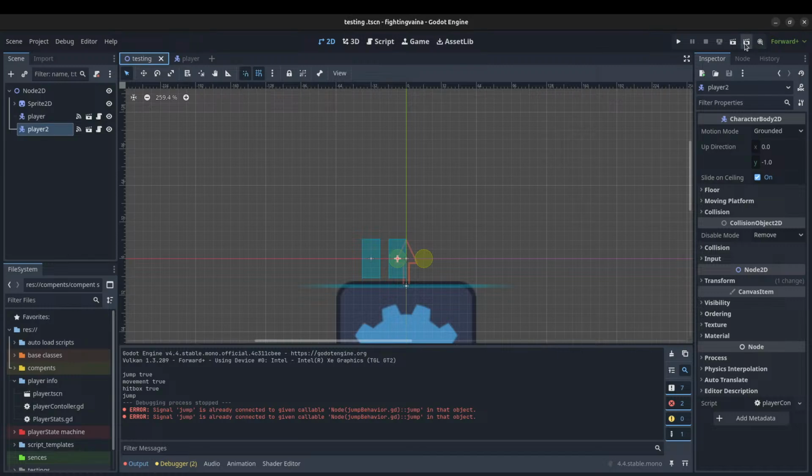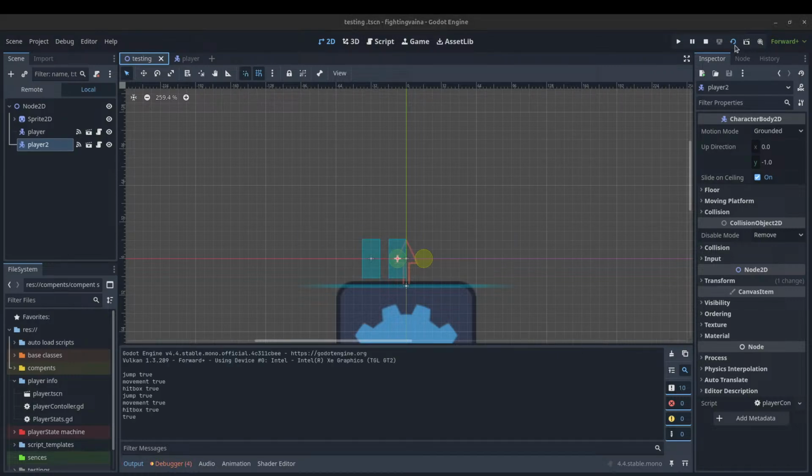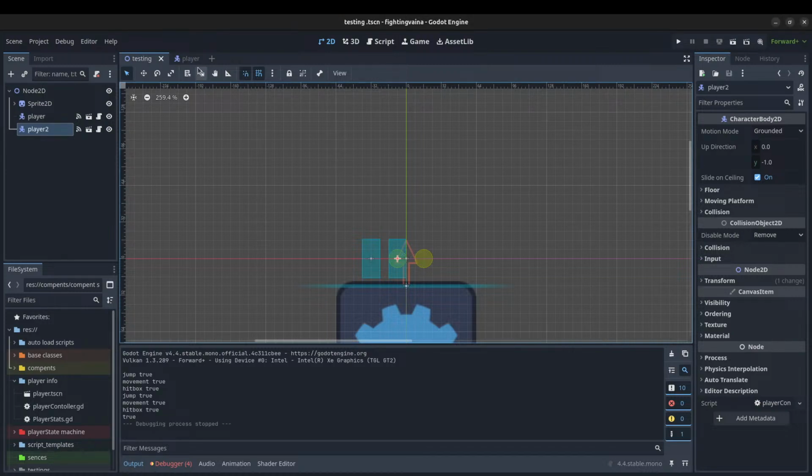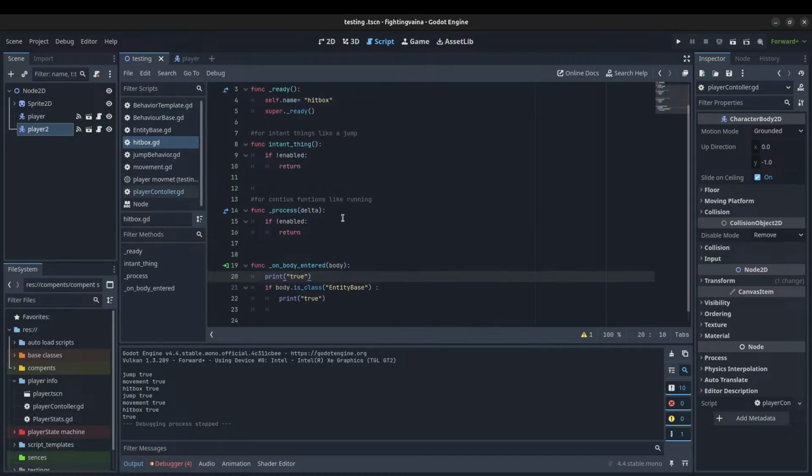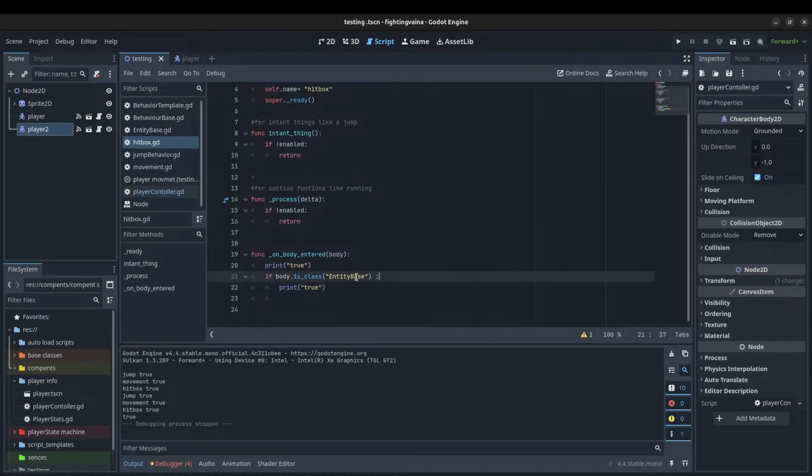Let's go to testing. Check that it is overlapping with just the box. Okay. It prints once, meaning it's entered. It's not exited. Okay, that's good. Okay, cool. Hitbox. Okay. Now then,